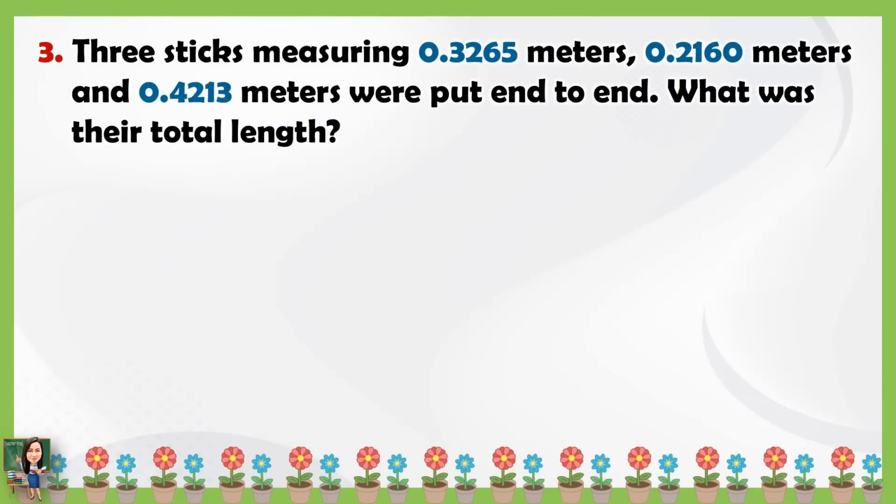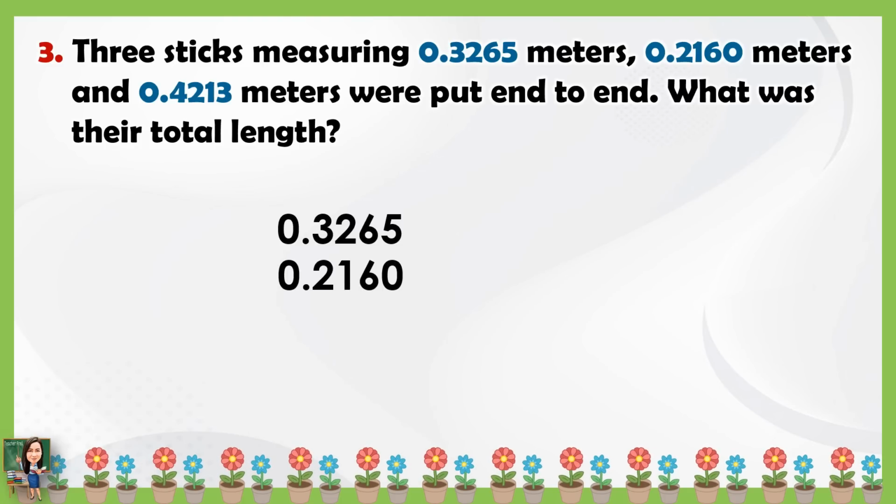Number 3. Three sticks measuring 3,265 10,000ths meters, 2,160 10,000ths meters, and 4,213 10,000ths meters were put end to end. What was their total length? We are going to add 3,265 10,000ths plus 2,160 10,000ths plus